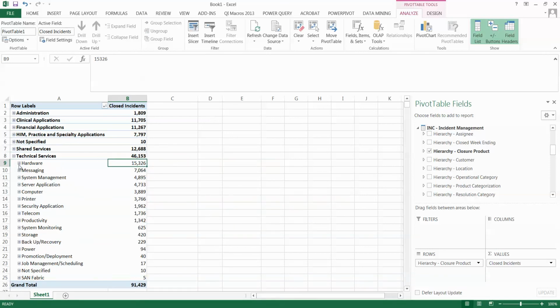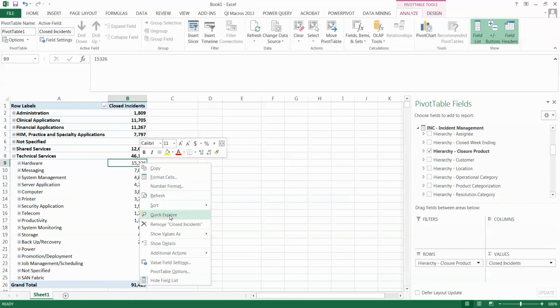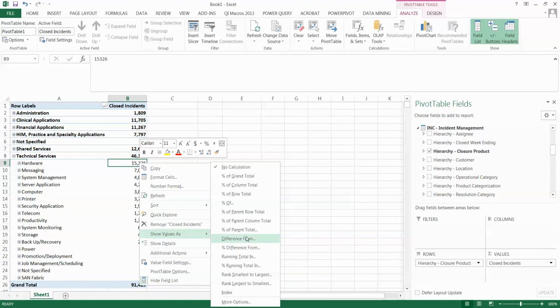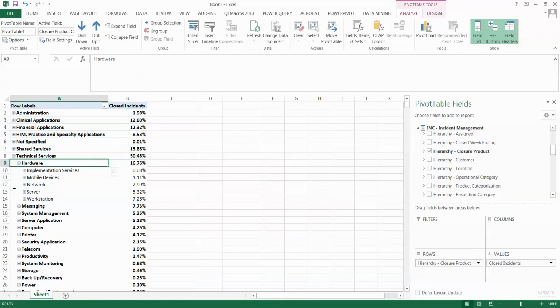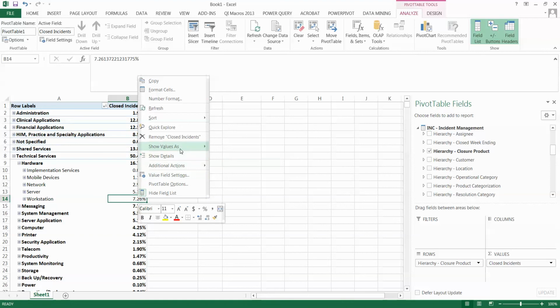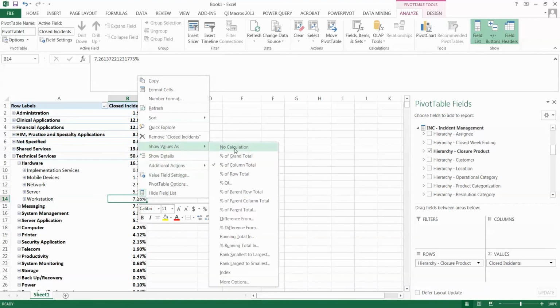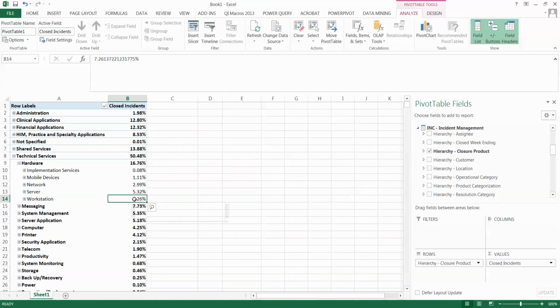So as I look into these incidents, I notice that, as a percentage, it looks like hardware composes most of these incidents. So we're going to show that as a percent of the column total. In fact, 16% are hardware related. So I drill down into that further, and I see that it looks like workstation incidents compose the largest portion of those hardware incidents, okay, which equals